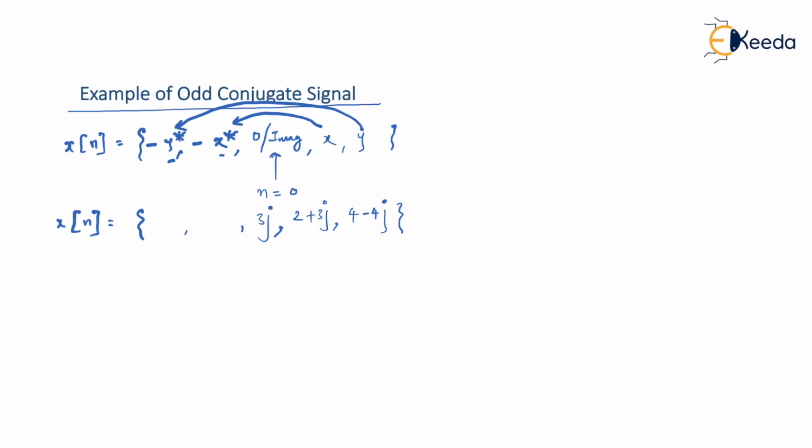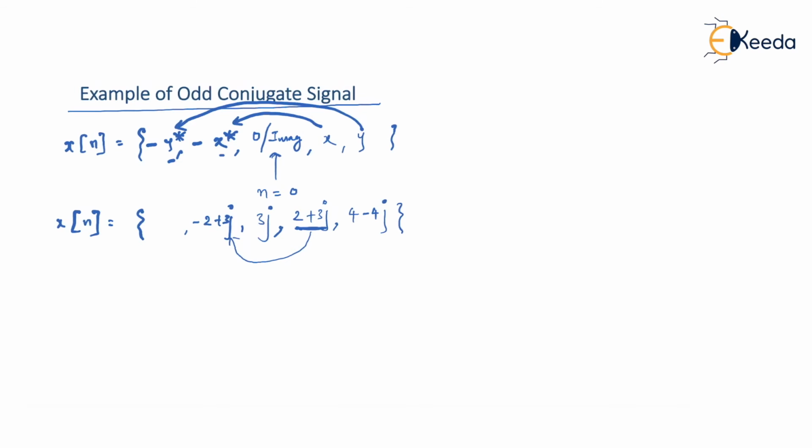So first of all, I should have the negative of this value as well as the conjugate of the same. So first of all, what we have here is 2 plus 3j. What is the negative of 2 plus 3j? Of course, it is minus 2 minus 3j. But we don't have to write only the negative. Then we have to take the conjugate of the component also. So negation of 2 plus 3j comes out to be minus 2 minus 3j. And then thereafter taking the conjugate of the component, we get minus 2 plus 3j.